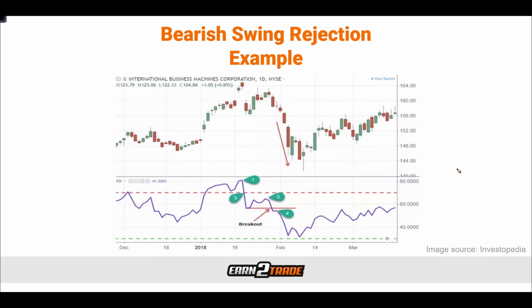Here's another example, but this time it'll be an example of a bearish swing rejection to make this a little bit clearer for those of you that are some of my visual learners. Step number 1, we are in overbought territory. Step number 2, we cross below that overbought territory, which is going to be the line of 70. Step number 3, we're going to create a swing up that does not allow us to go back into overbought territory. And then step number 4, we're going to break the low that was created during that swing. And at this point here, this is when we are looking for our entry. Just like the bullish scenario and very similar to standard support and resistance breakout trading.